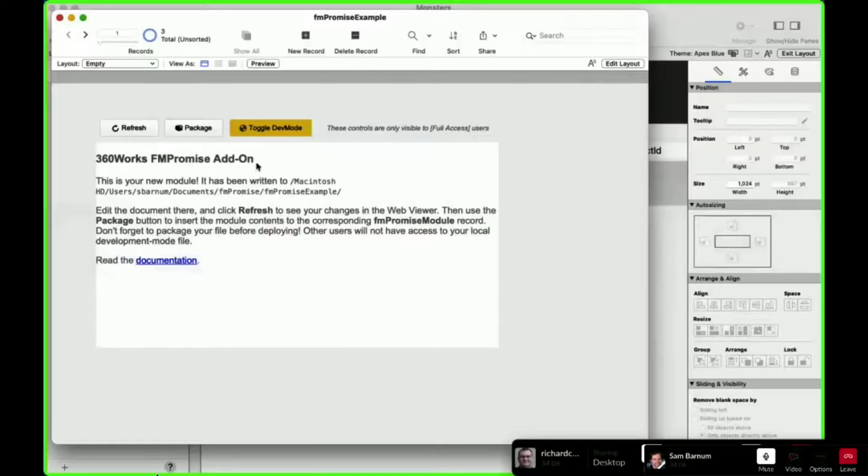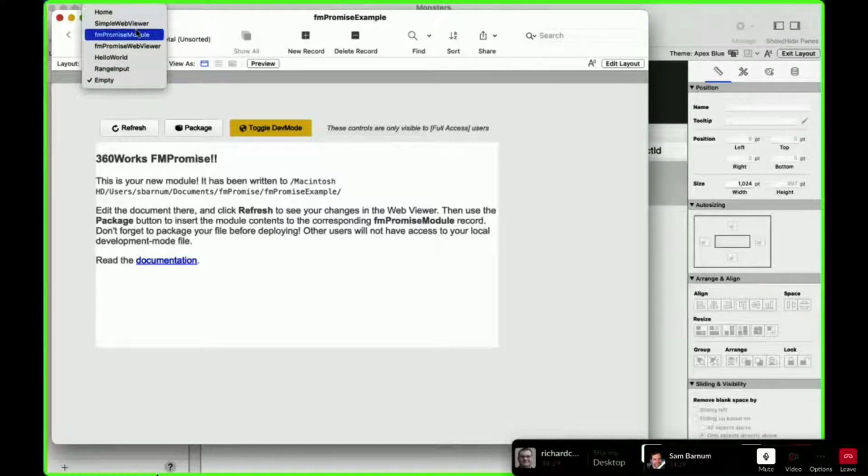We'll save it. We'll go back to FileMaker, refresh, and we see our change. This is sort of the development mode, and you'll see this toggle dev mode is on, meaning web viewer content is served from the hard drive. If dev mode is off, it's going to serve it from that modules table, fmPromise modules.